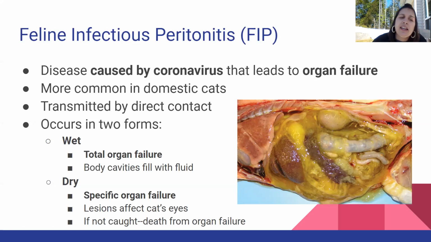You can see the dry version too. The dry version, I guess, is what you would end up wanting to see because it only affects one specific organ or system, which isn't great, but it is better than the entire body shutting down. With the dry version of FIP, it can be just the digestive system, most typically that you're going to end up seeing. Or you can see,